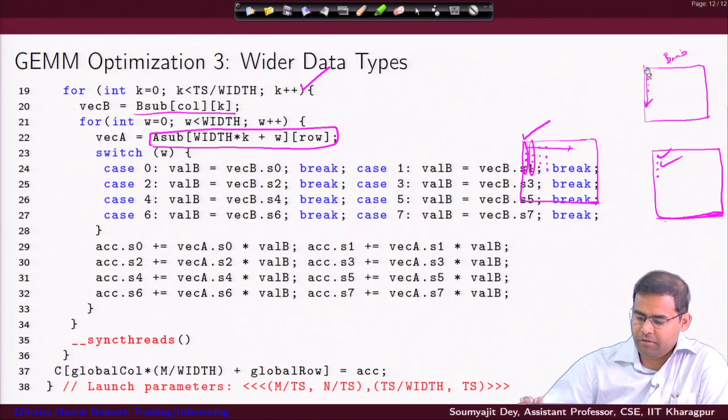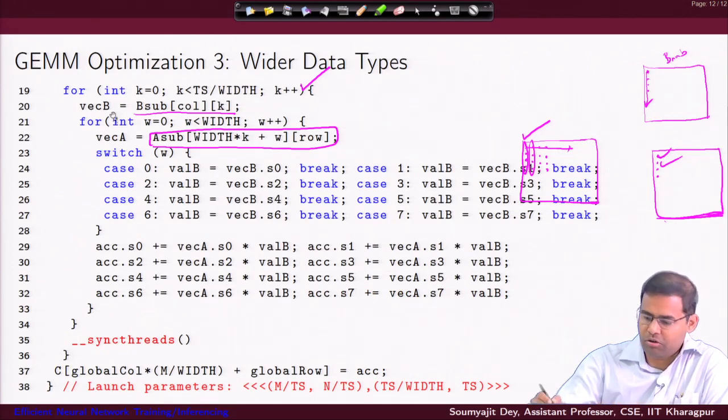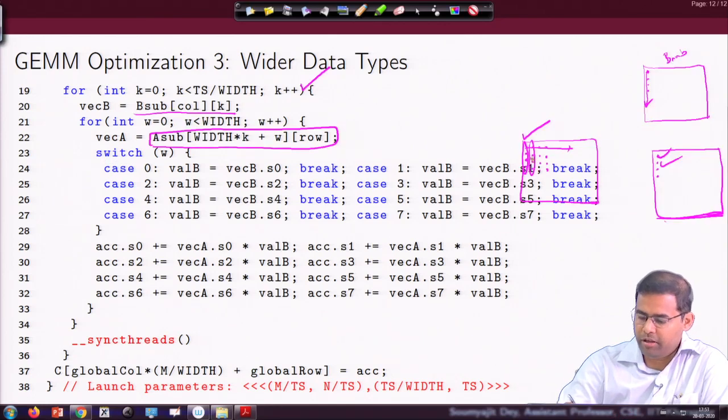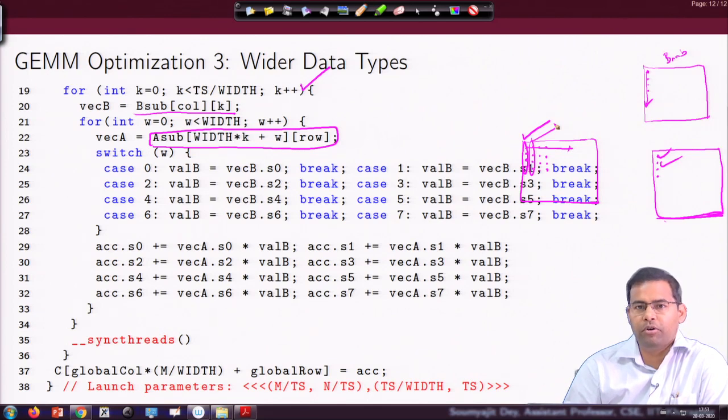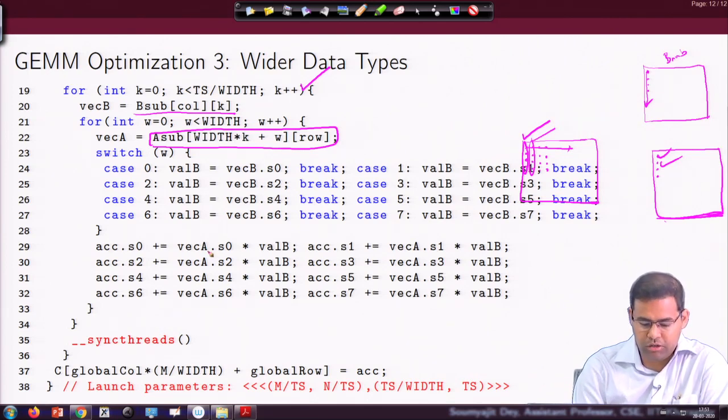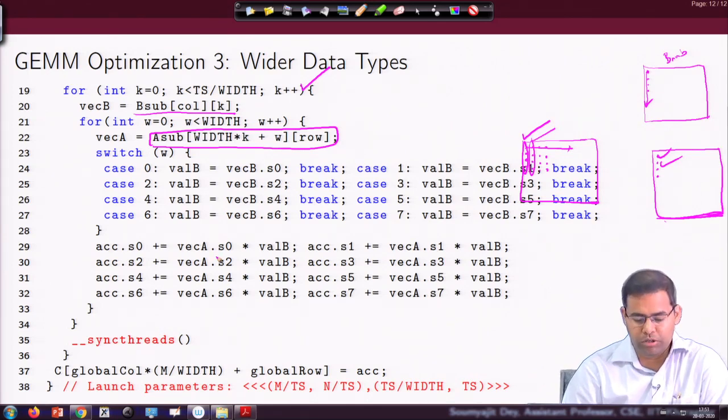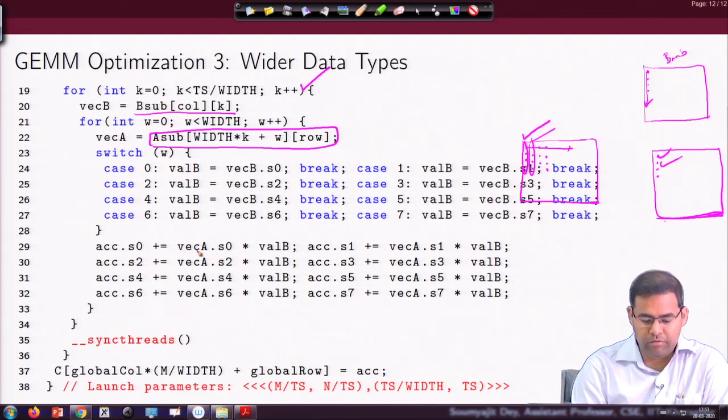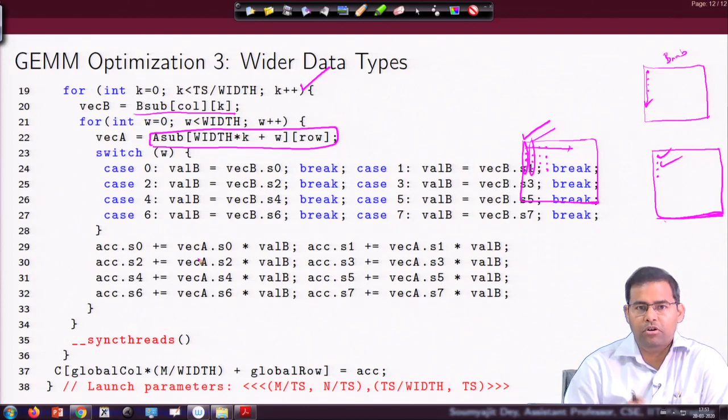Of course, let me first define. So, vec b is storing this, right, and vec a is storing this value right now. In the next iteration, vec a is going to store the next value like that. Also, we need to figure out a way to access the components. Now, for float data types, the way is that you just do a normal structure like computation. For this vector vec a, you do a dot S0 that gives you the first component, dot S1 is going to give you the second component, so on and so forth.